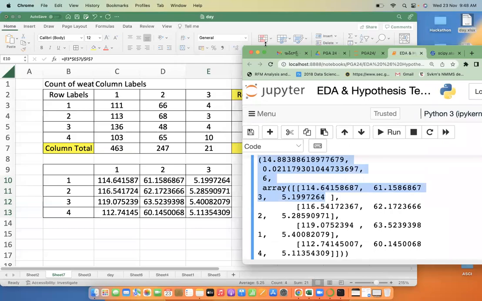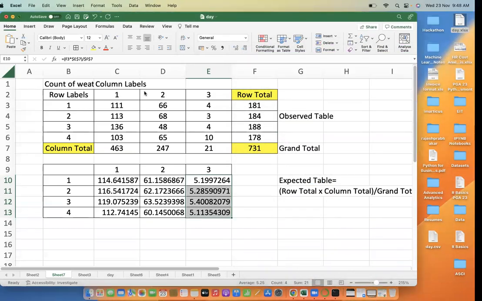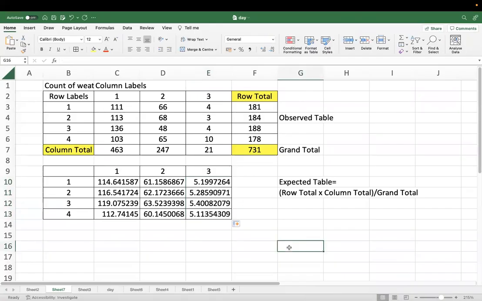Now, I will show you the formulas. Don't worry, let me just complete. So, for calculating the chi-square, you have to use the complex formula. Now, the chi-statistic